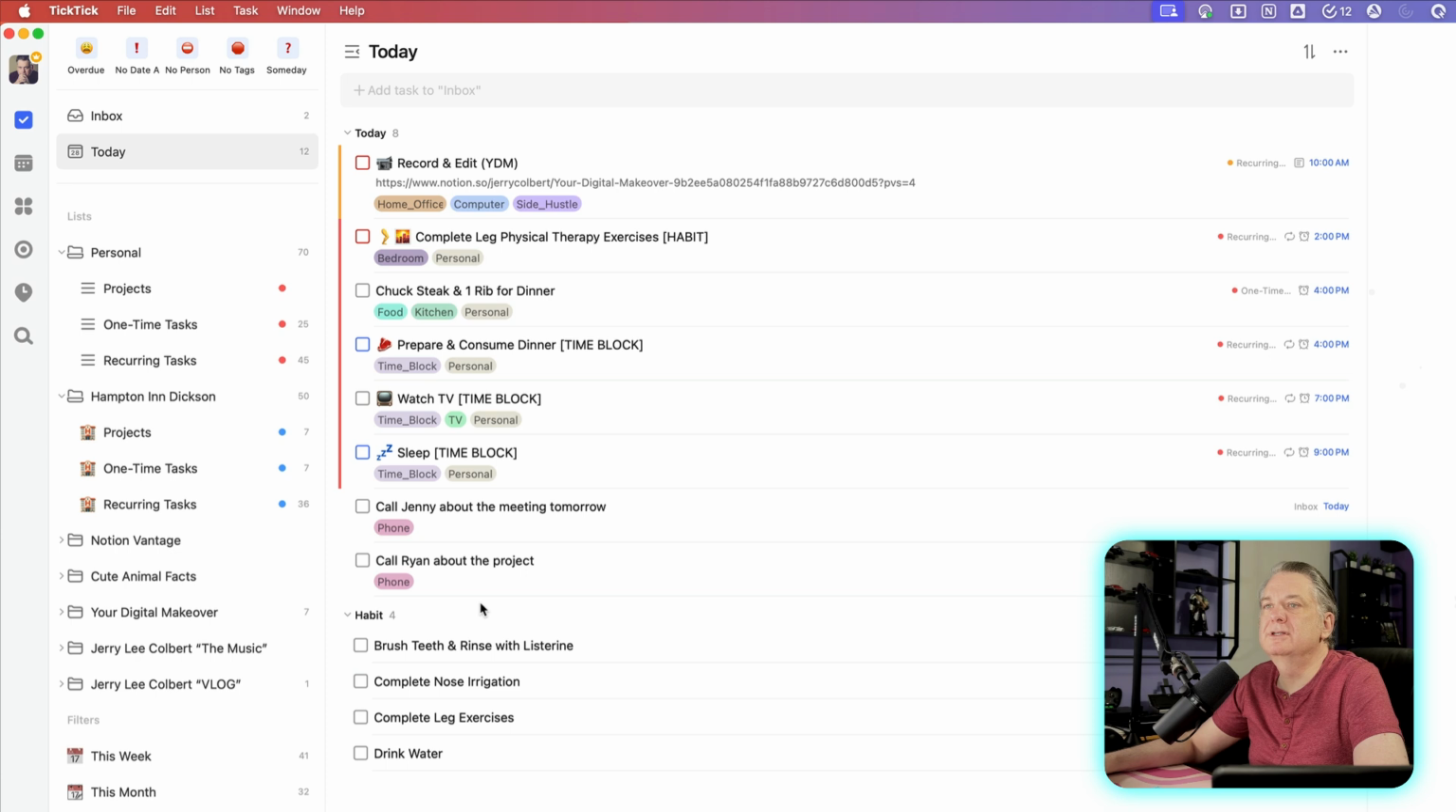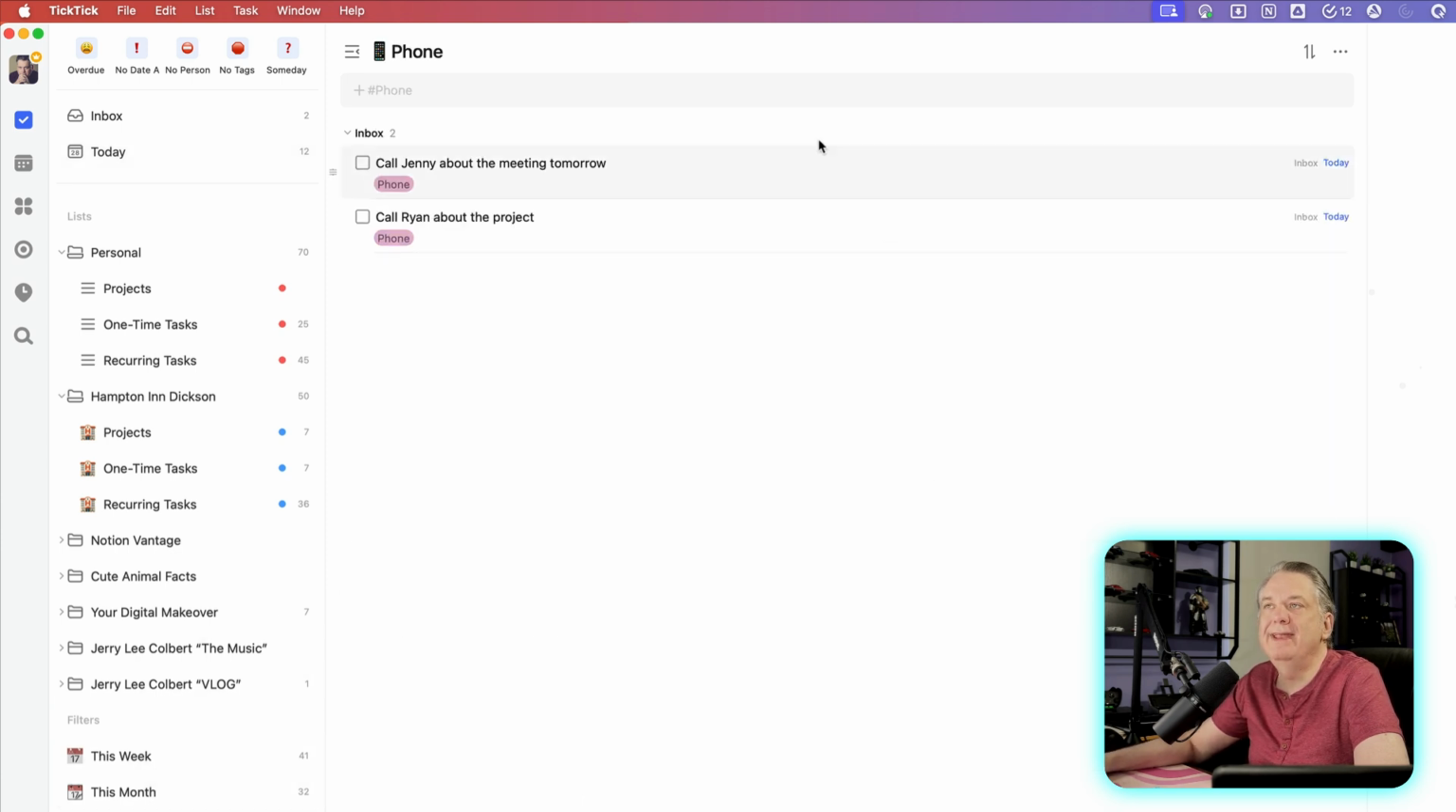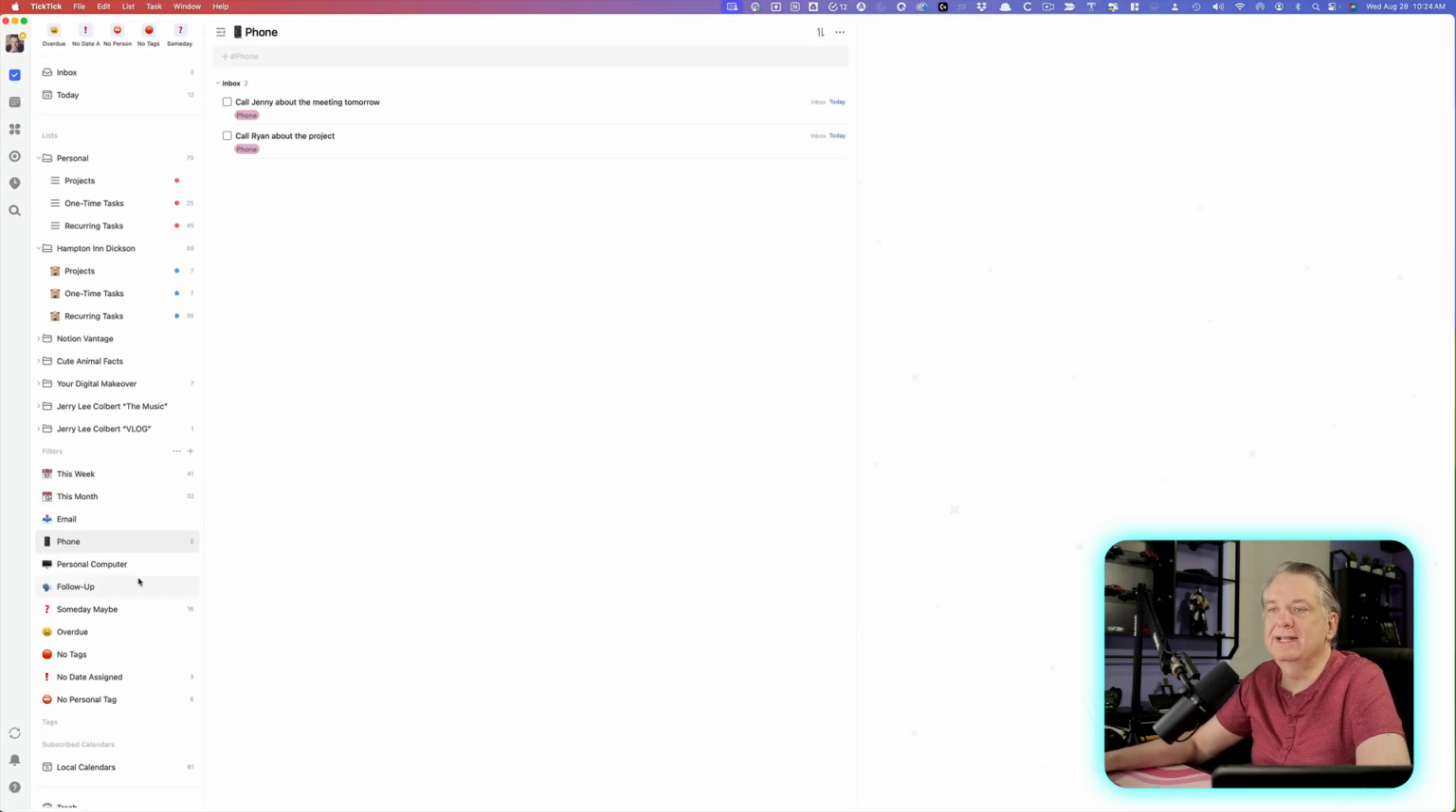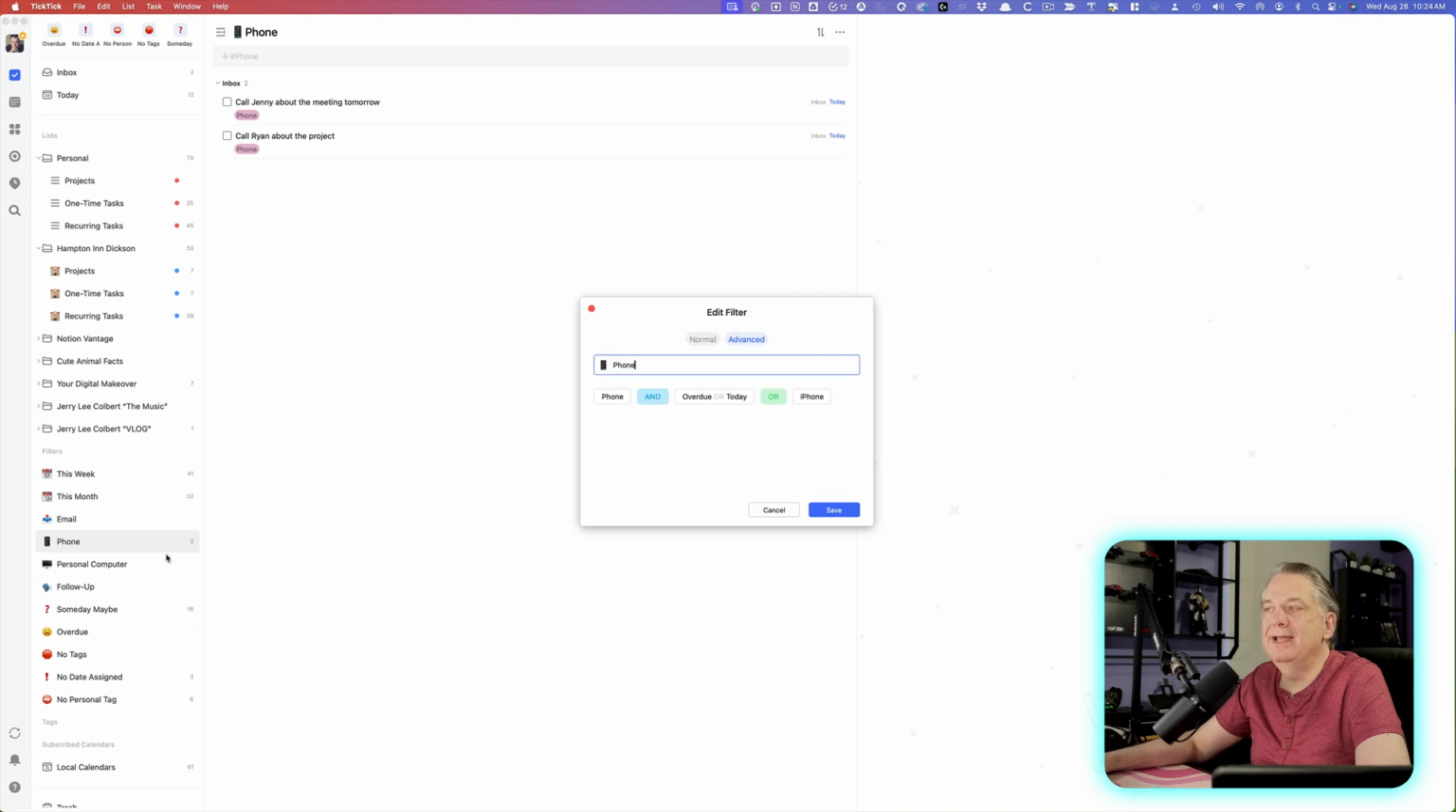But let's say, for instance, I want to just focus on making some phone calls. Maybe I got a time block set aside making all these phone calls, right? I can have a filter set up and just go to phone, and now I can just focus on just those tasks that have the tag phone. And how I set that tag up was I hit the edit, and this is a filter, by the way, of how I set the tag filter up. And I went to advanced, and I selected phone,